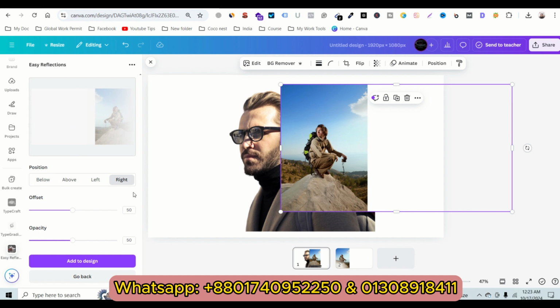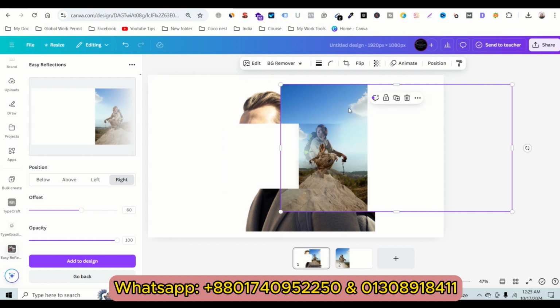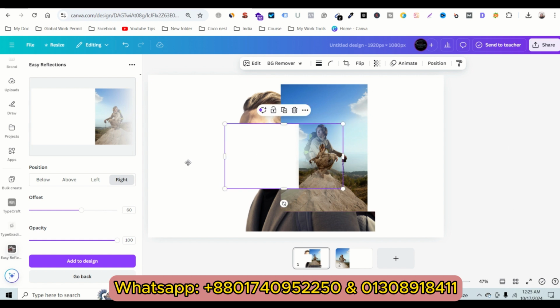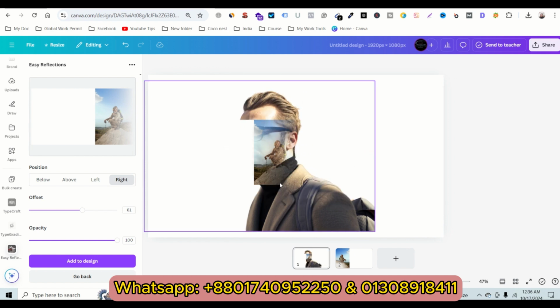need to select right and offset. In the offset we need to go for 60. You can go here and put the 60 and enter, and opacity 100%, and just Apps to add to design. And you need to go now for this picture and sorry here, and now we need to delete this one,